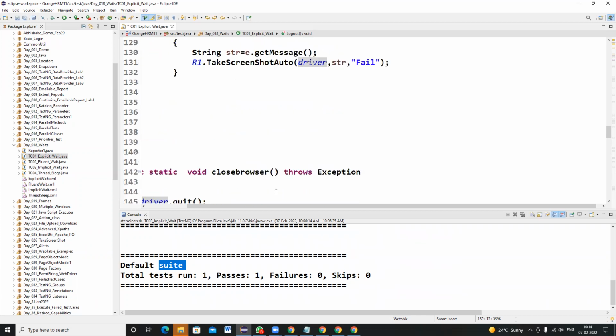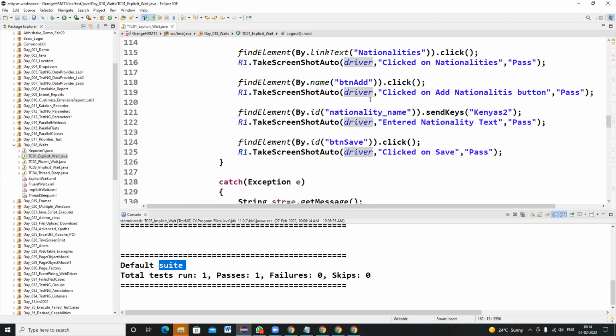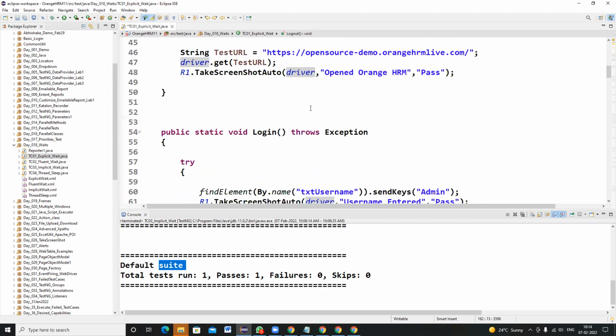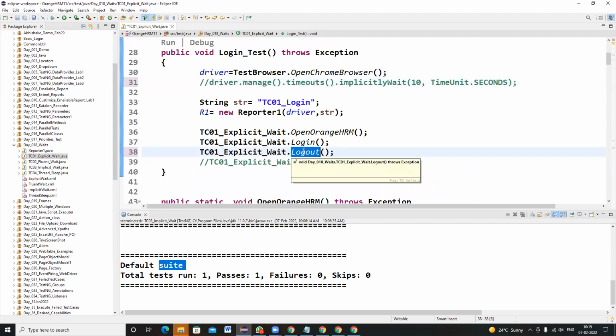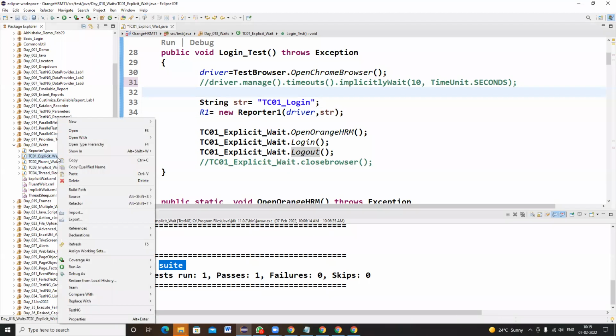So now let's go and check. I cannot show you a web element crossing more than the default implicit time, so I don't have such an example. That's why I'm handling this by commenting out this implicit line. I'm going to show you how to do it using explicit wait, because it is crossing 10 seconds, 11 seconds, loading at the 15th second. So I'm showing it by explicit wait condition only. Let's run this program.